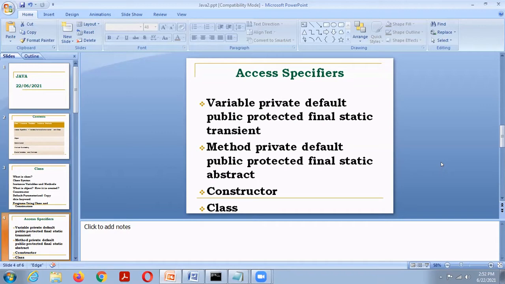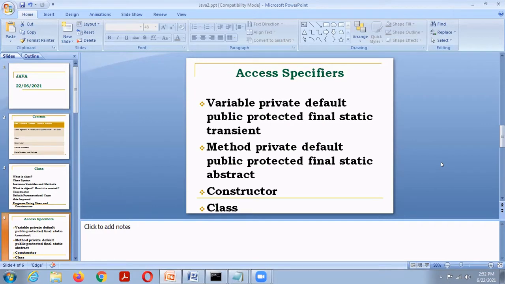Then the static variable. Java has two types of members: instance members and static members. Instance members are related to an object. Static members are related to the class.